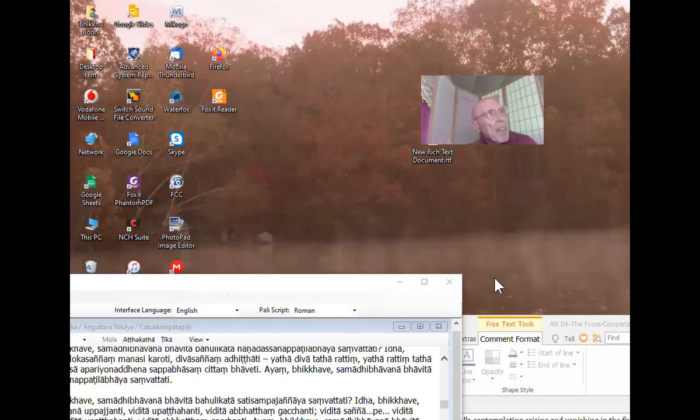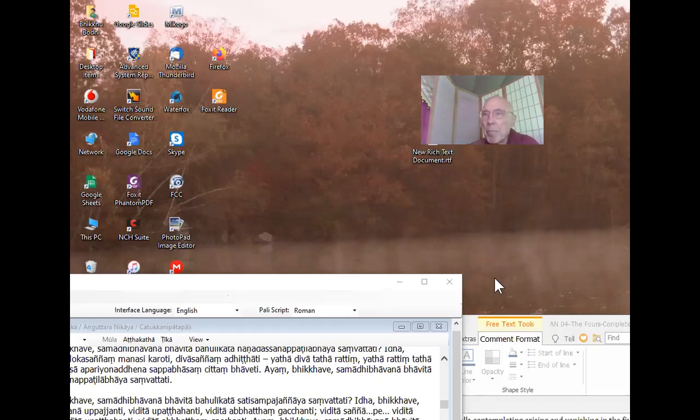I don't think that particular practice is explicitly explained within the suttas, but one finds it. I think the source might be a later work called the Patisambhida Magga, but it's in the Visuddhimagga, the path of purification. And the expression used in Pali is pati vipassana, which we might translate as